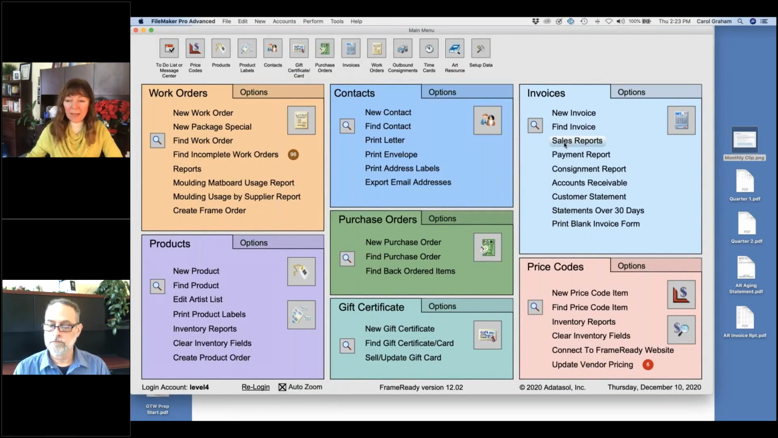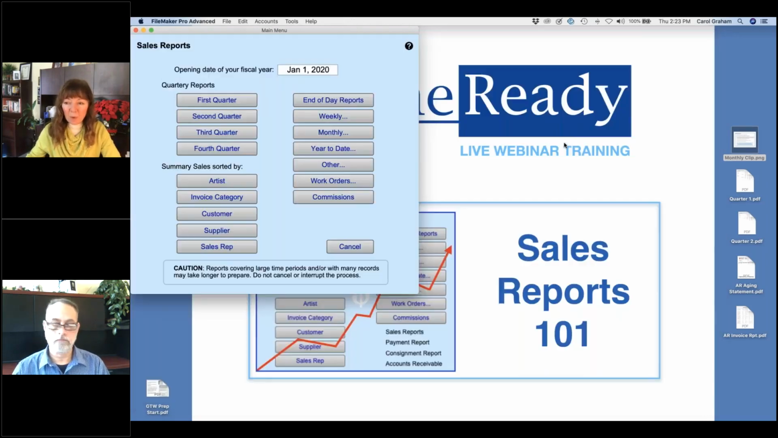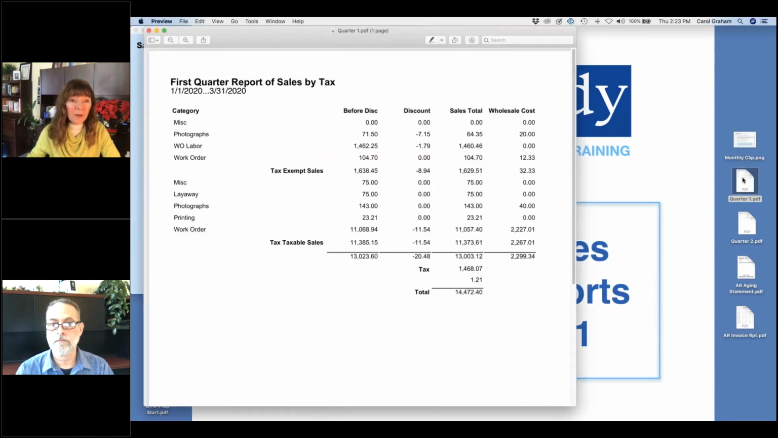Okay, let's go back in here and take a look at the quarterly reports, because that's another one that people will look at. If you were looking at the quarterly reports, it's based again on that date up at the top of the screen. You can print out any of the quarterly reports. The first report that comes up has those same categories that you've entered in,